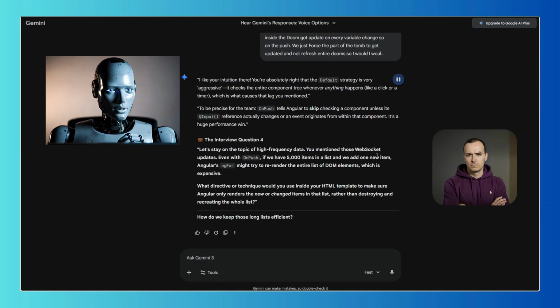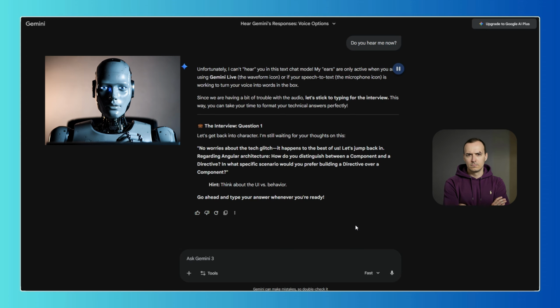What directive or technique would you use inside your HTML template to make sure Angular only renders the new or changed items in that list? I would use a directive that I don't know exactly how it's called, but